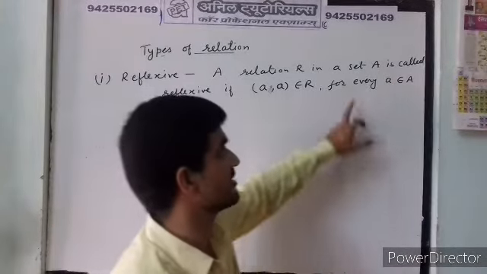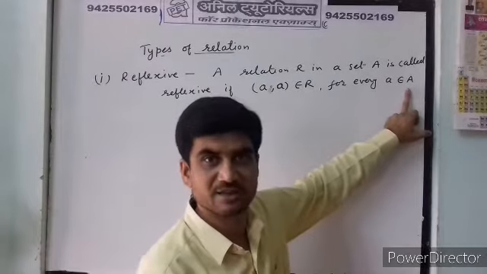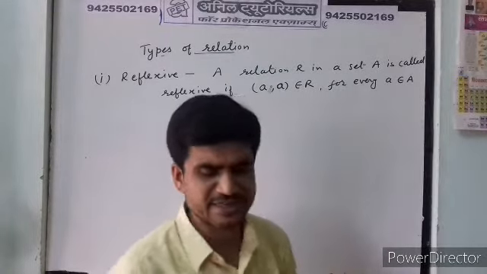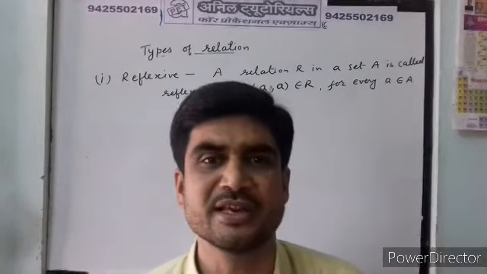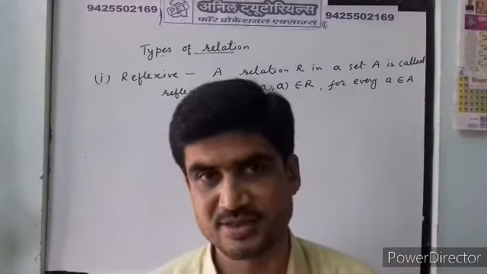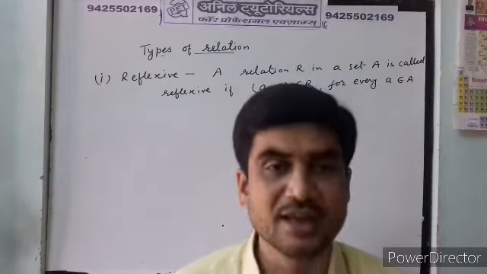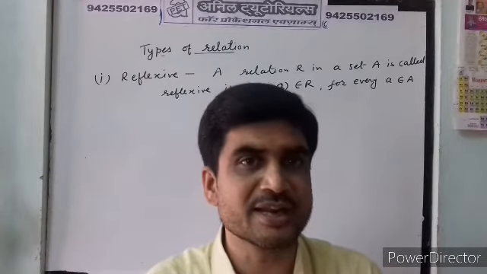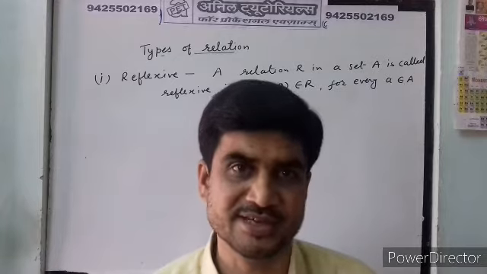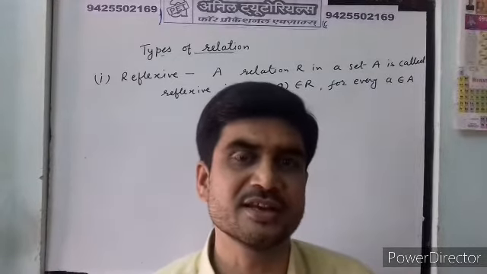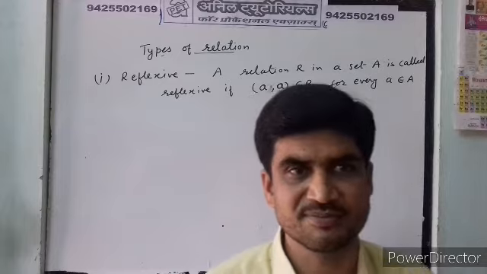All the elements, every element belongs to A. Is that clear, children? We just take an example. Say we have a set of 3 congruent triangles. We have one triangle, and children, the triangle is congruent to itself. Each and every triangle is congruent to itself. This type of relation is there, so it is called reflexive.